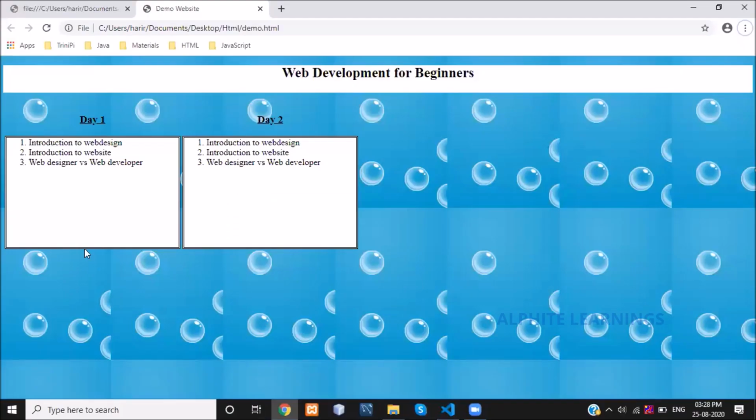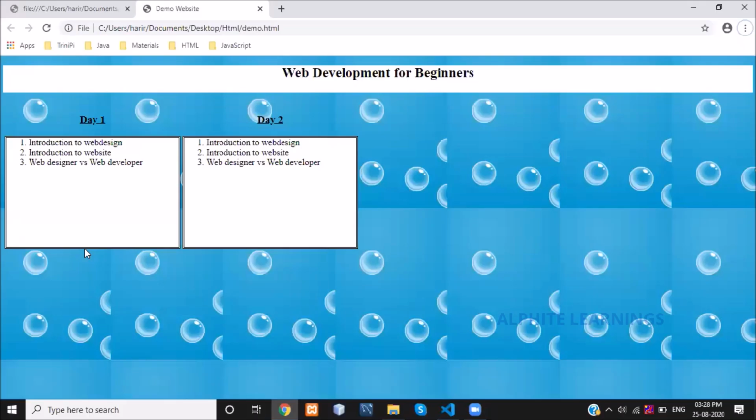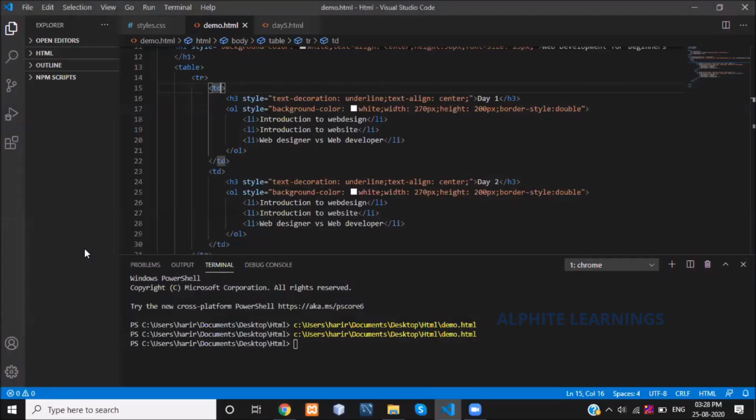If you have 2-3 paragraphs separately, in general they will come one by one. Instead, if I want to display them in a single line, you can use this table and the tags we have discussed about tables. Don't think, sir, you have not explained this previously.